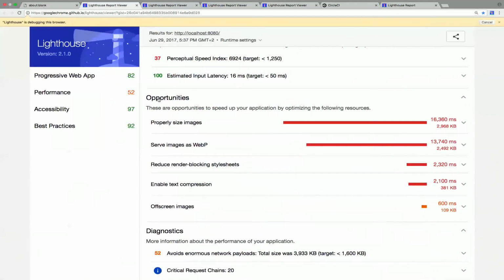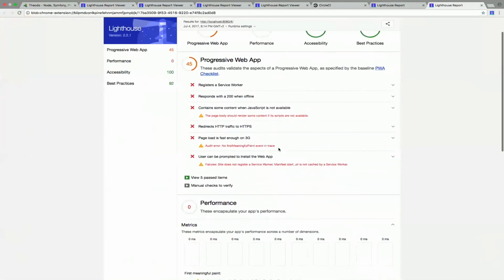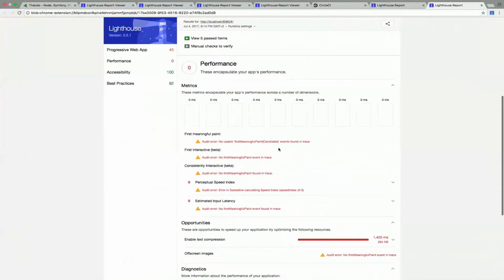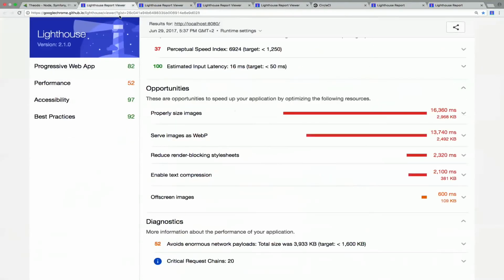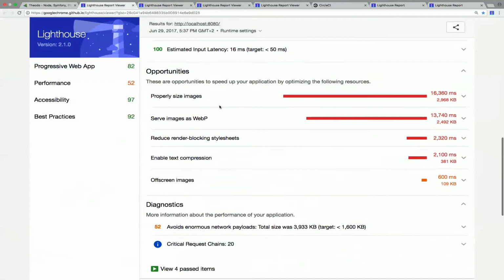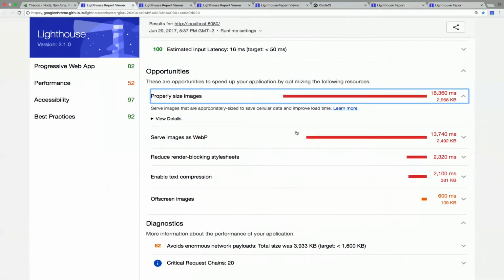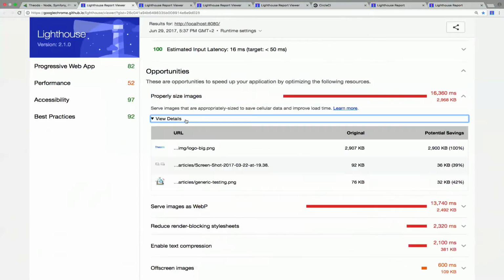Lighthouse is giving us some opportunities to improve the performance. And the first opportunity is properly sized images, with probably our image. Yes, logobig.png, which could save 3 megabytes.